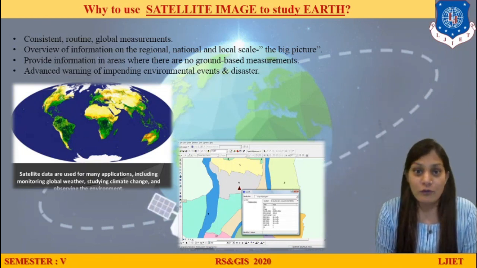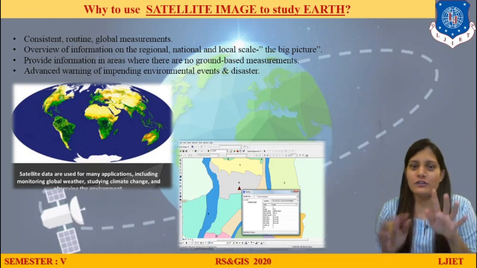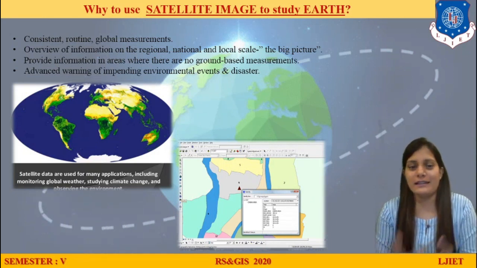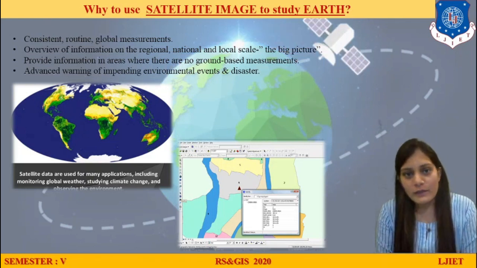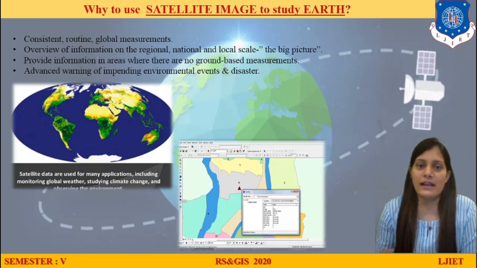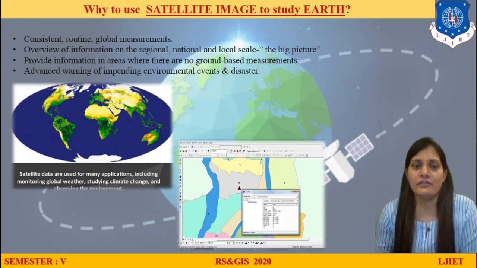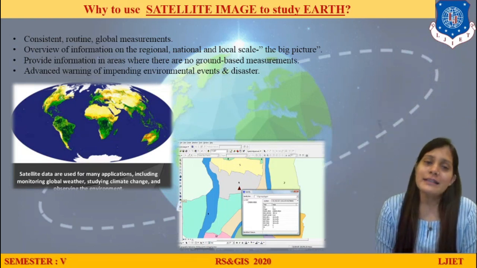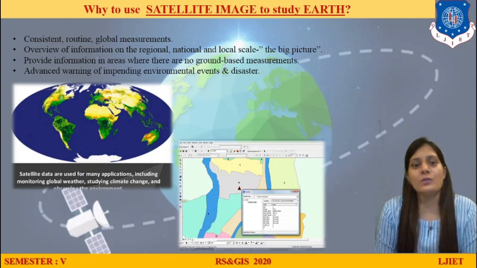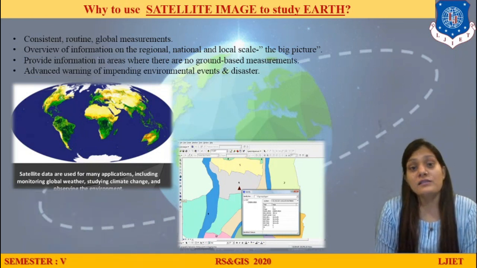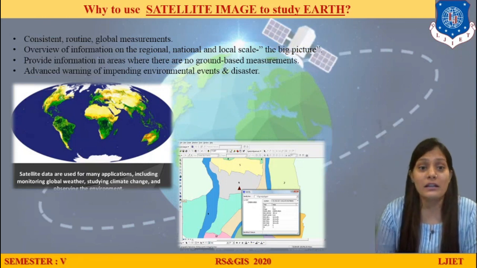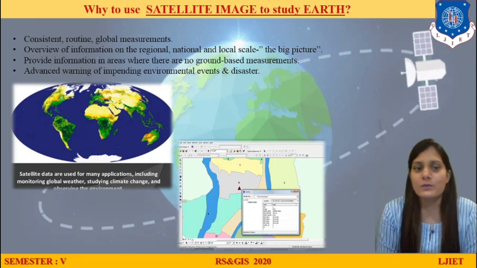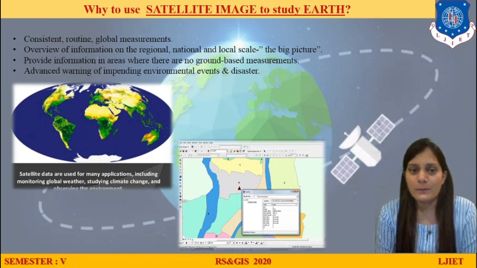Now what are we going to do on this image? We are going to give the projection, we are going to give the coordinates, and then we are going to solve any issues, any analysis that we want to do. So it can give us national, international, regional level, every type of information can be available from the satellite image, right? Basically this is very important for predicting disasters, for knowing how environmental impacts are going, right? That is why satellite images are also very important.